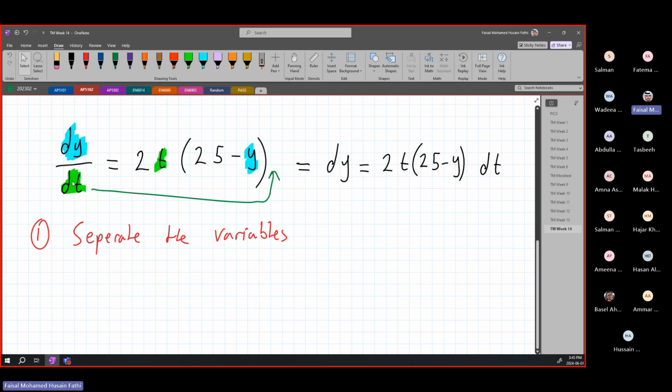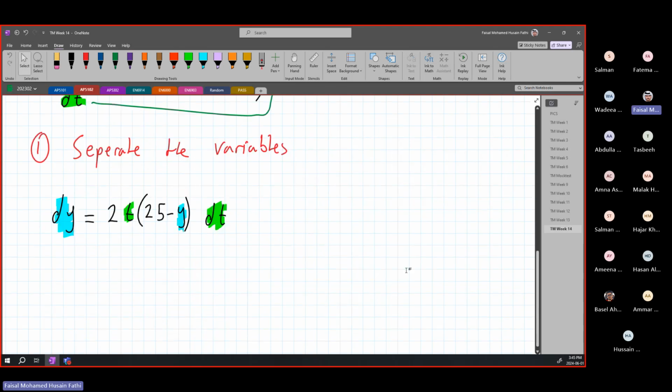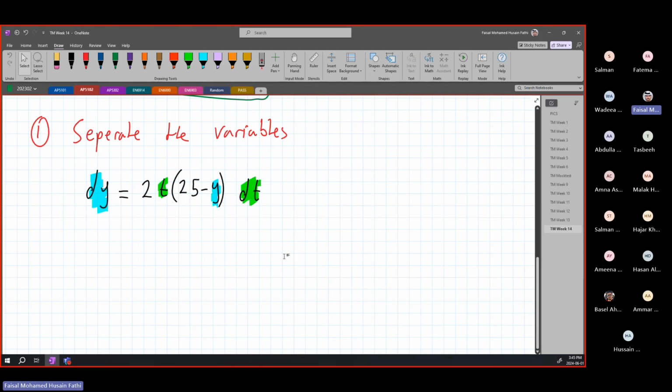In this case, it was very easy to separate them, but we will see cases where you need to do a few more steps before. But it's all arithmetics, it's all basic algebra. If you remember solving a transposition, it's the same simple idea. So now we have our dy over here, our y over here, and we have our t over here and our dt over here. So far, what did we get? We got our dt and our t in the same place. So we have finished our first separation. All right. So I'm just going to keep this here, so you guys know that's what we are doing right now. So we are separating the variables.